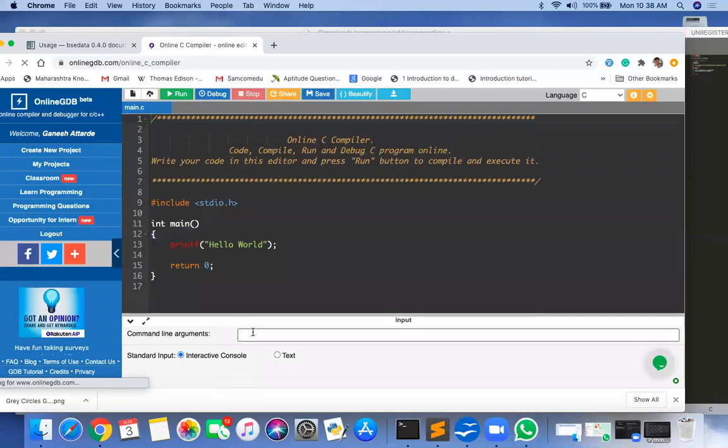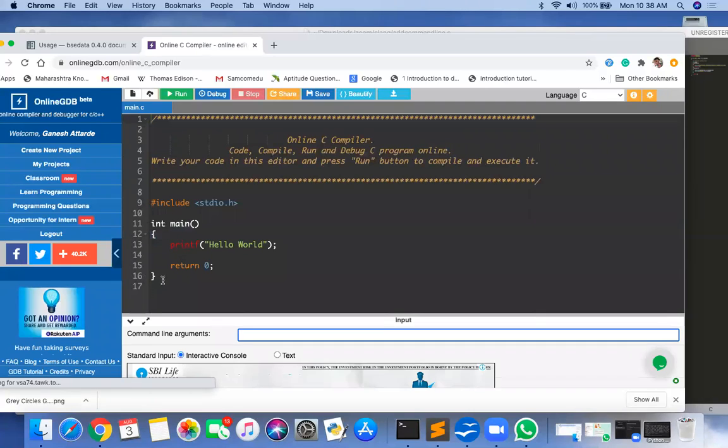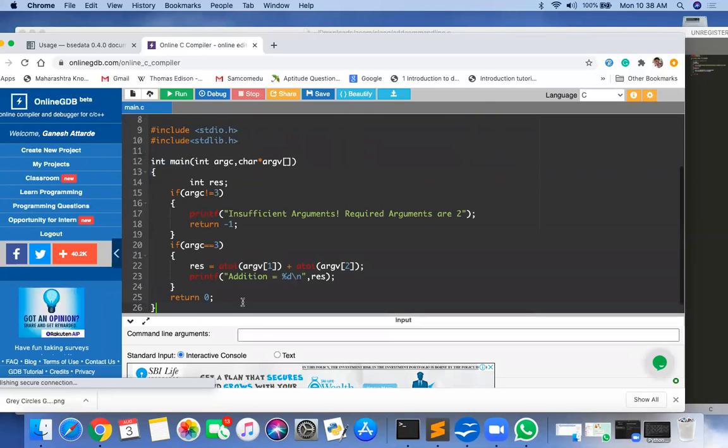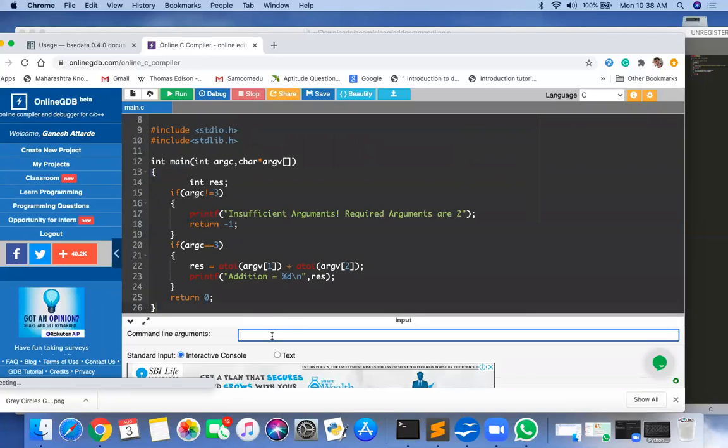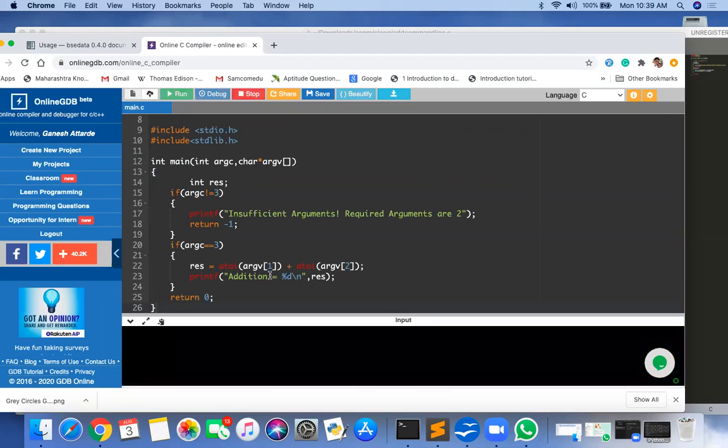Okay, so you can see a command line argument is there. I copy this program, and before running it, I give the command line arguments here: 10, 30. These 2 arguments I give here, and you should get the output as addition is 40. But before running that program, you should provide the command line arguments there.